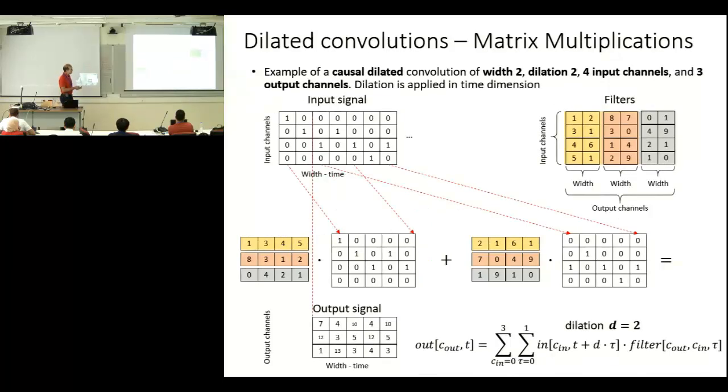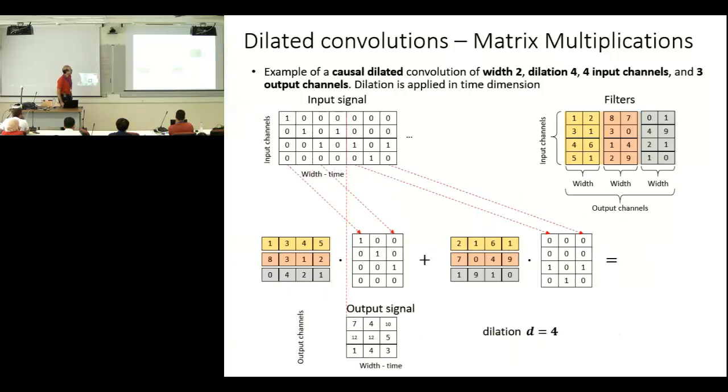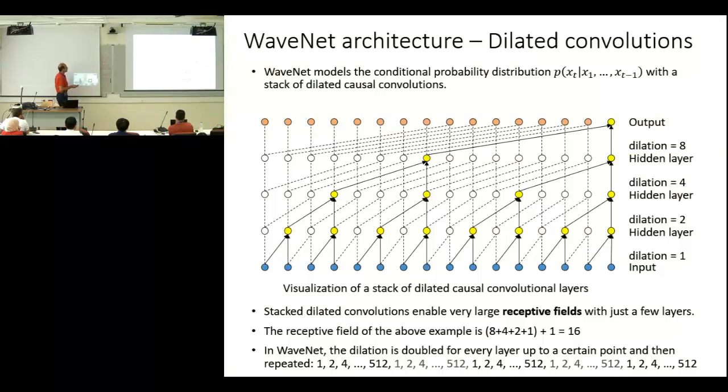And this is another example as before, but now we do not use simple convolution, but dilated convolutions. Let's see the general architecture of Wavenet. Wavenet models the conditional probability with a stack of dilated convolutions. And the flow of information is visualized here. For example, let's suppose that these are the input samples.